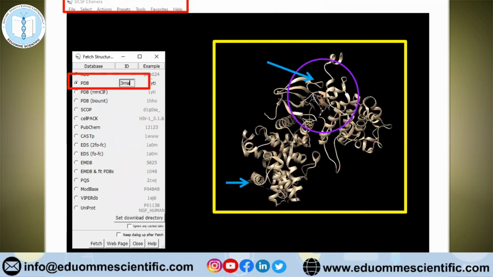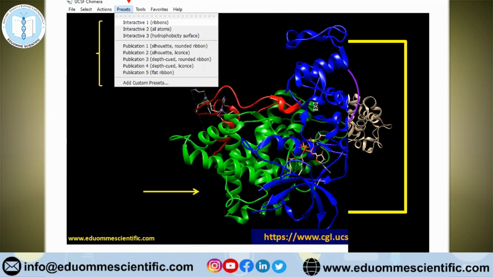Suppose for you people, I have opened one PDB file that is for 3-mer. So you can see this is the tertiary structure of this protein molecule. Here you can see the protein molecule, and in here a ligand is also present. Okay, so this is in ribbon format, and here you can see the ligand in different format.